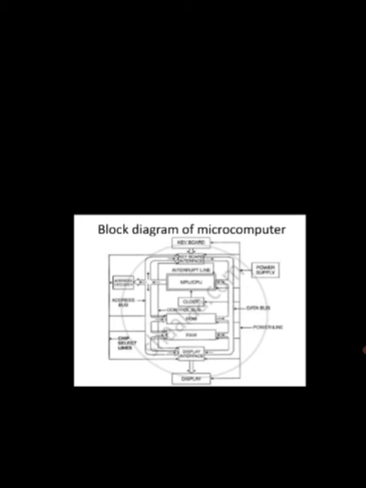Microprocessor is a controlling unit fabricated on a very small chip capable of performing three main functions. The three main functions of a microprocessor are: first, to receive information in digital form, that is in binary form, 0 and 1 form. Second, to process this information by means of arithmetic and logical operations. Third, to send the result or information in standard form. So, what is MPU? It is the microprocessor unit, the main part of the system, like a brain of a human being.